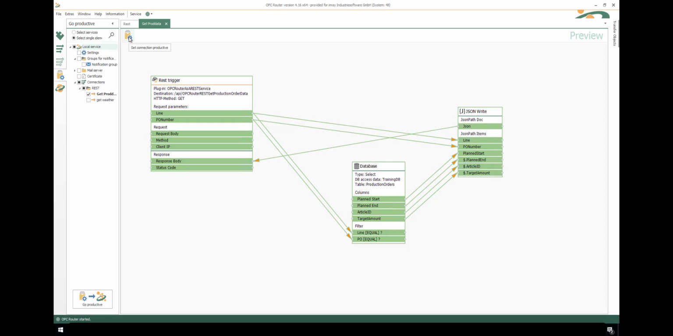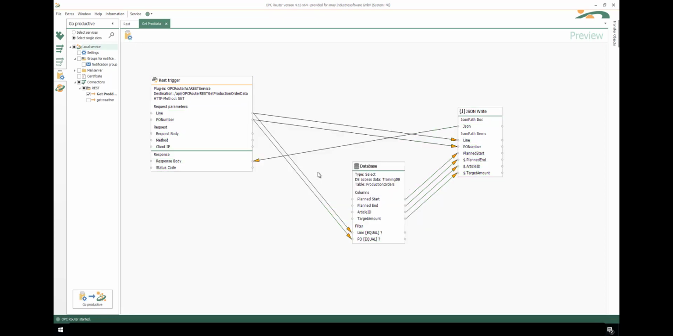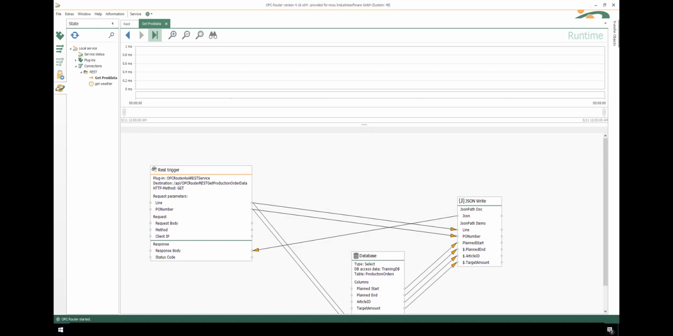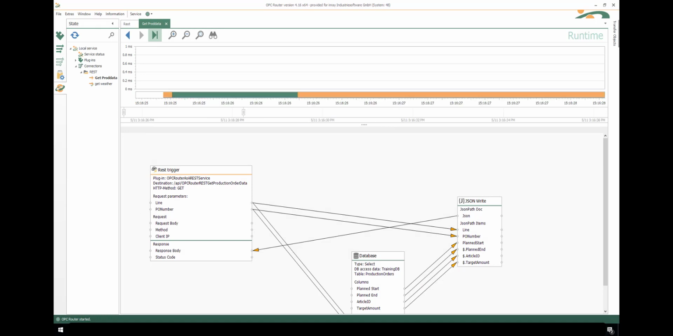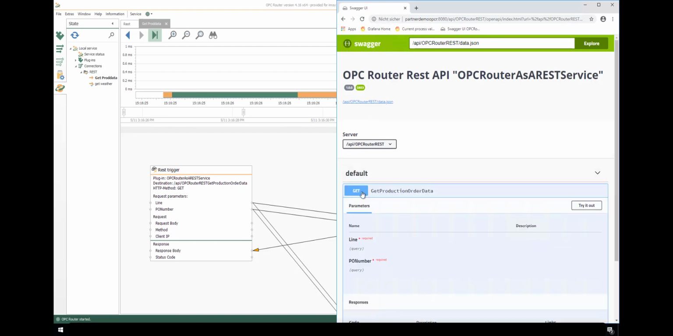Again, go to the Setting Connections tab, check and set productive. If you change something, you must restart. Go to the Status tab, wait for it to be initialized. Then you can go back to the Swagger UI, just reload the page, and you have the GET method here